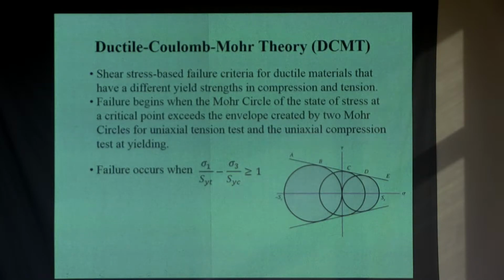And the theory states that failure begins when the Mohr circle of the state of stress at a critical point exceeds the envelope created by the two Mohr circles, one for a uniaxial tension test and the other from a uniaxial compression test at yield point. So it's kind of a harder statement to make sense of. But what it's saying is, if you take a little piece of aluminum, let's say this is only for aluminum kind of